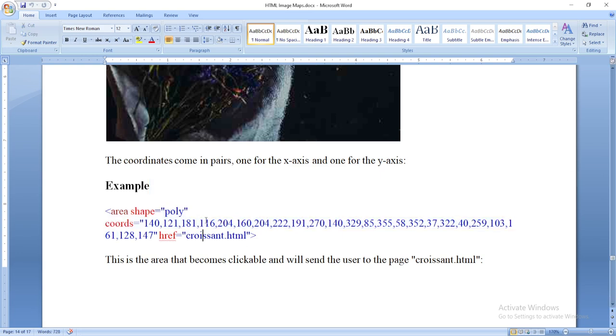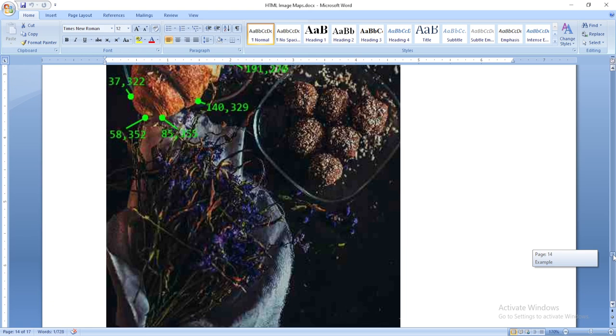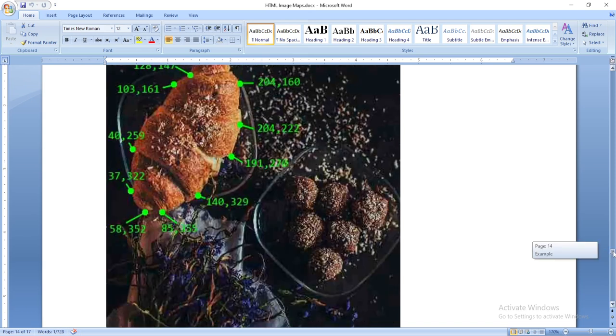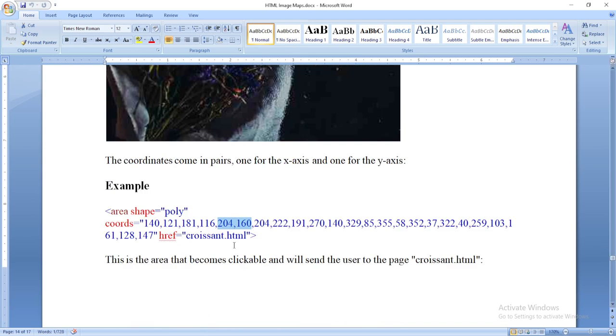Just imagine 140, 121. Let's take 204, 160. The 204, 160 is here, as you can see. So let me show you how it works in a reasonable example, so you can get to see